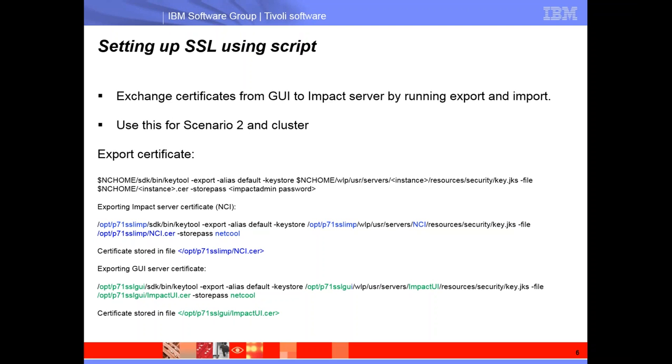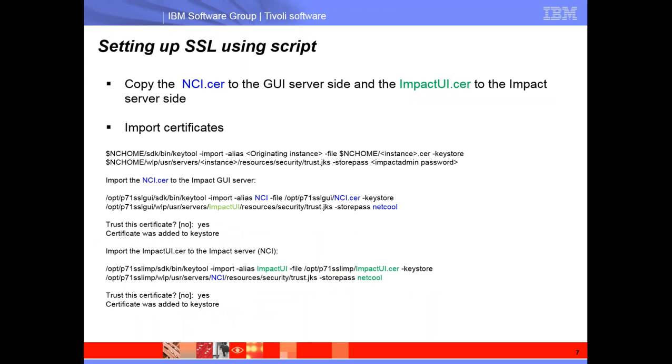So after I do that, what I do is I copy the certificate, my UI certificate, to my Impact server, and my Impact server certificate to my UI server. So what do I do next? After I copy those, I need to import them, right? So I pasted again the command for how to import, and I broke it down for my configuration. So I go to my UI server first, and I grab the nci.cert that I copied, and